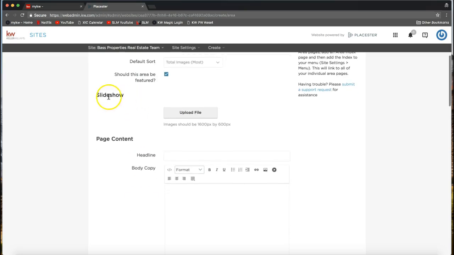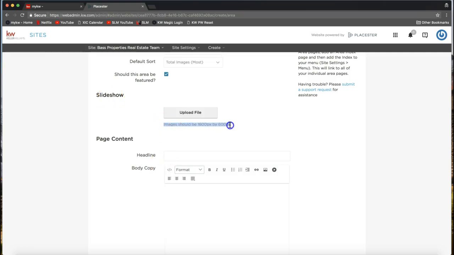All right, scrolling on down to the slideshow section. So of course, what makes a web page really pop and what hooks people is some images along with any verbiage, right? So it's really great to add these slideshow images. You'll notice that the images should be, it tells you the size right here, 1600 pixels by 600 pixels. Okay, so that is a rather large image for these slideshows. So just keep an eye out for that. If you pick a smaller image, it will blow it up on your site and it kind of makes it look grainy sometimes. So make sure you are looking for larger images as far as what to add in the